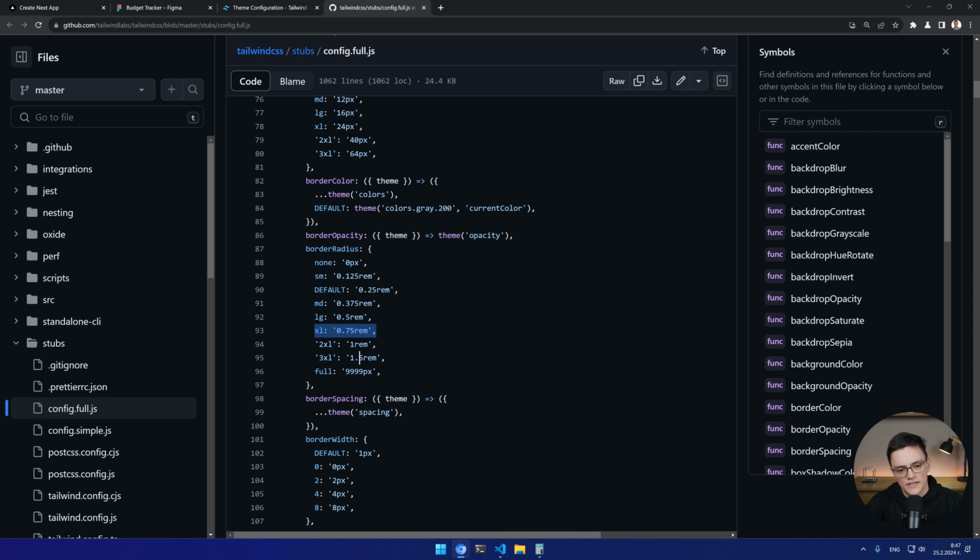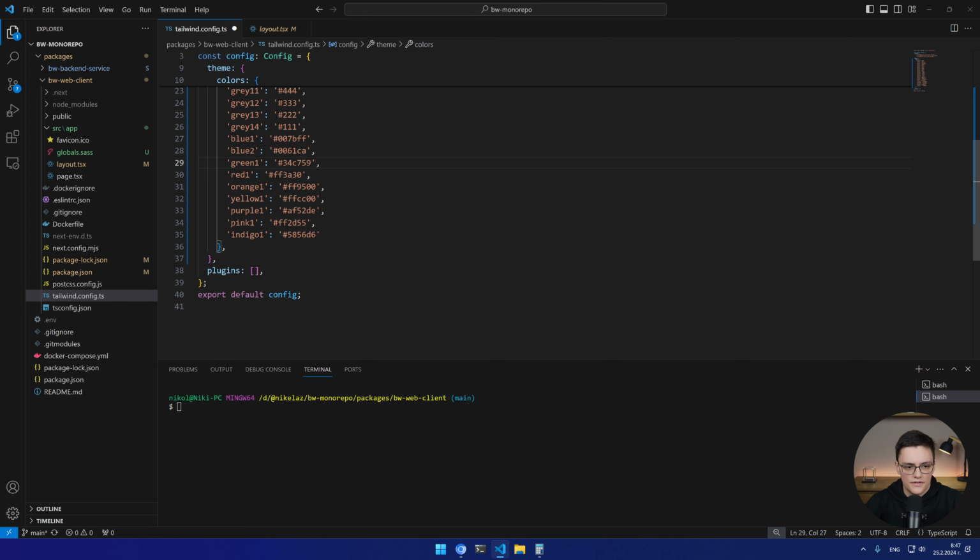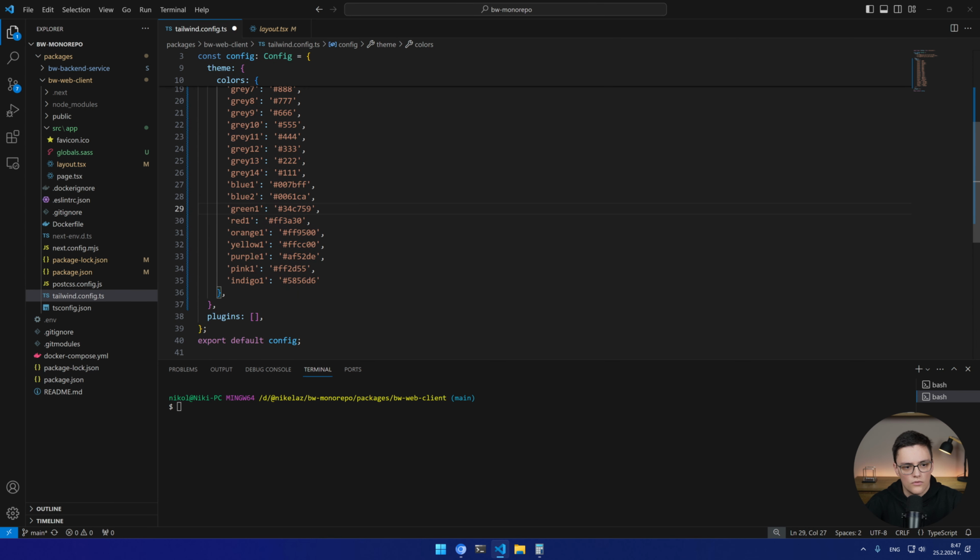Yes, as I suspected. Now we have small, medium, large, extra large, etc. But we also have a default. So we need to kind of redefine this, in my opinion. If I don't want to have a single border radius option, of course, but